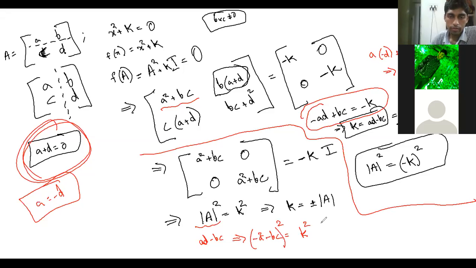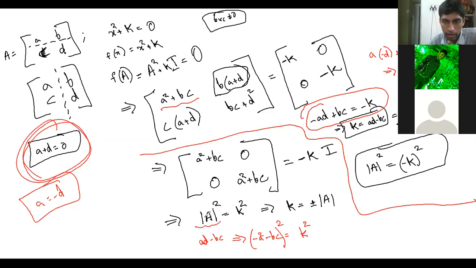The determinant of a square plus bc into a square plus bc minus 0 will be... Yeah, we can do it that way as well. You are saying a square plus bc whole square, right? Yes, yes, yes. It looked big, so I didn't do it that way. But by doing it that way, determinant of A is equal to k square will come. Determinant of A equal to k square. Yes, sir. Okay, wait, let me finish what I'm doing.